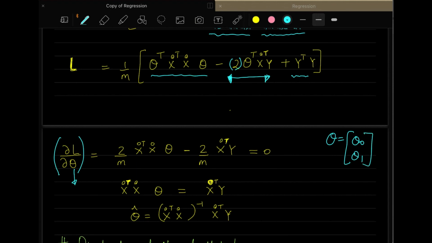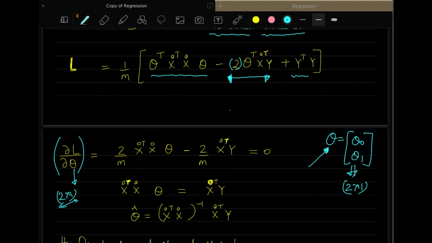And also note that whatever is the dimension of the matrix we have here, theta, that is of dimension 2 cross 1, the derivative of the loss with respect to theta will also be of 2 cross 1. This has to be taken care of, and I think you must be knowing it. You are differentiating a scalar with respect to a matrix. If you do that expansion, it will be of the same dimension as the original vector that you have over here, that is theta 0, theta 1.